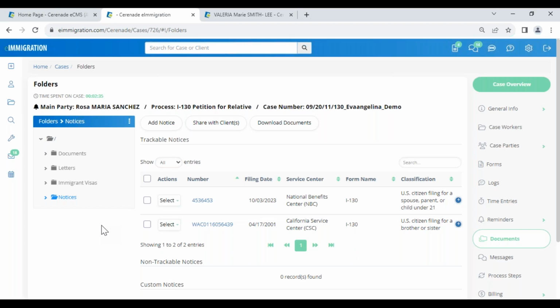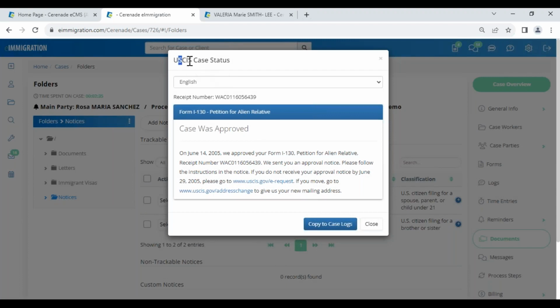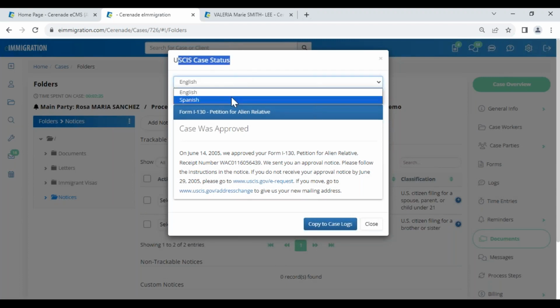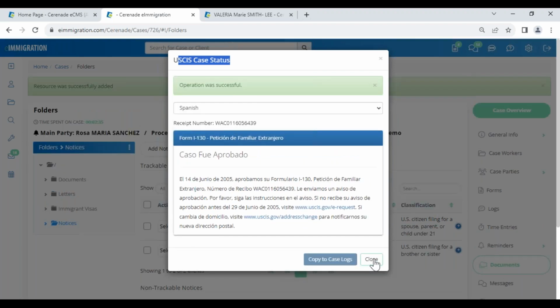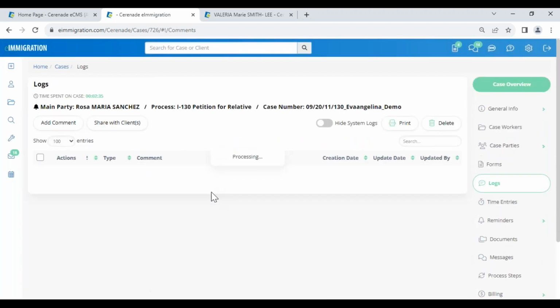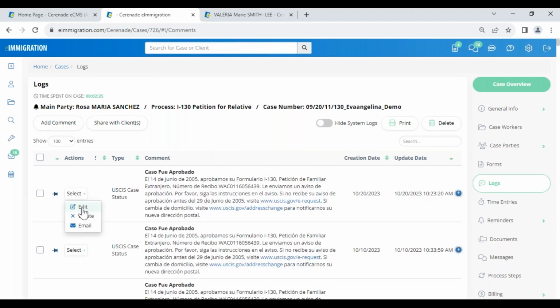We email you when the case is eligible for processing. But here, even if I wasn't subscribed to that optional module, I can click on the link for the receipt number, and it's going to give me the USCIS case status, English or Spanish. So I can even copy that to my logs so that in the future you have a record that we checked the status on this date. And if I need to send that via email to my client, she knows her case has been approved. Okay. All right. So now,